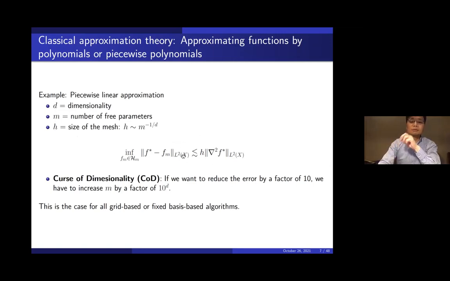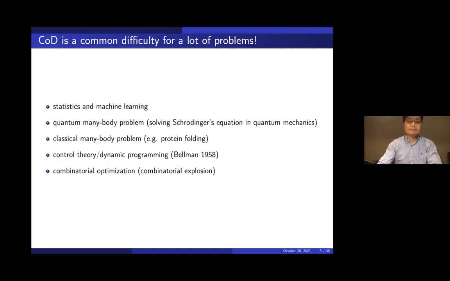I'm going to talk about this in a minute. This is called the direct approximation theorem. It says that the best error is bounded by something. There's also an inverse approximation theorem, which says that if a function satisfies this, the function must be H2. This quantity must be finite.